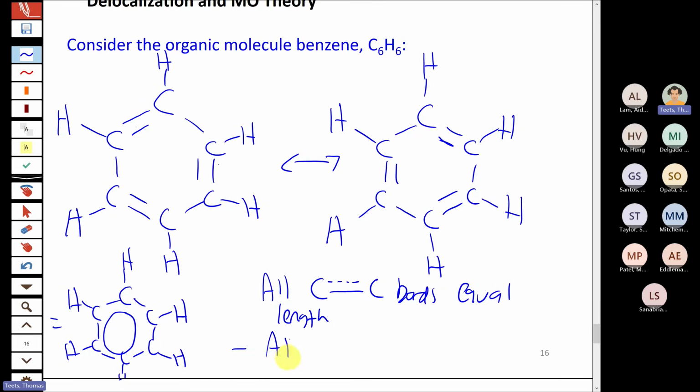And if we think about it in the context of valence bond theory, all the carbon atoms are sp2 hybridized, because whichever resonance form you consider, each of the carbon atoms has 3 electron groups on it. It's bonded to 2 neighboring carbon atoms in the ring, and also to the hydrogen atom outside the ring. So each carbon is sp2 hybridized.